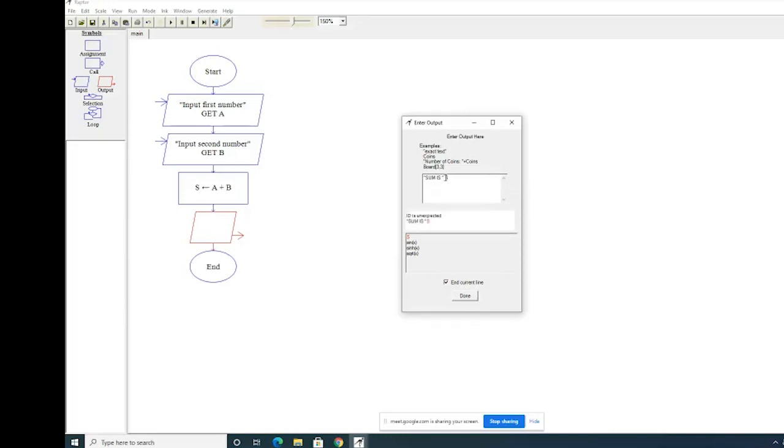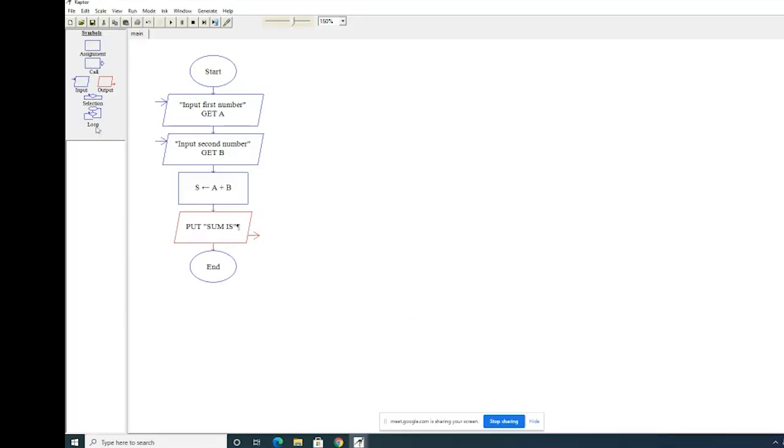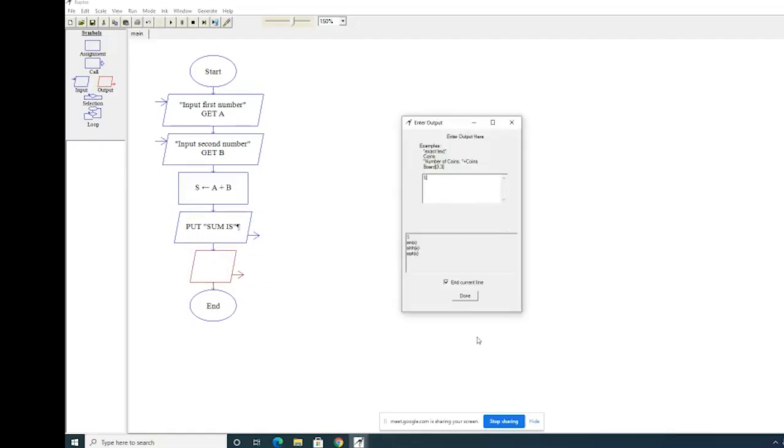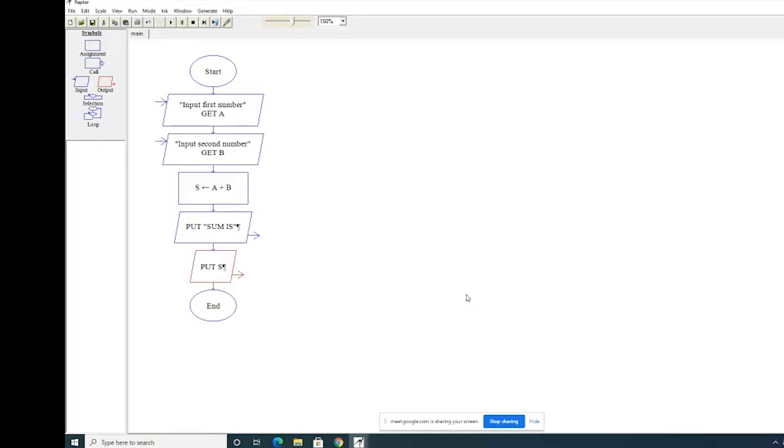So if we have to give a message along with the variable, then we have to take two output boxes. So here I am just printing sum is, and I have taken another output box. There I have written s.